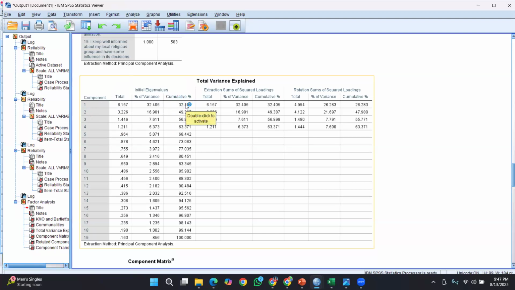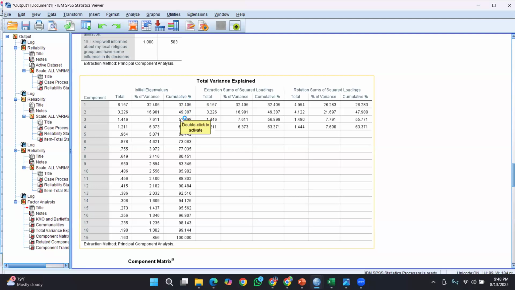That means more than 50. So if this cumulative value is more than 50, we say that there's a bias. Common method bias is there. Okay, so that is common method bias. If this is more than 50%, you have to report it and you have to get some advice too. There are many which have not been mentioned, but anyhow, you have to look into this figure.